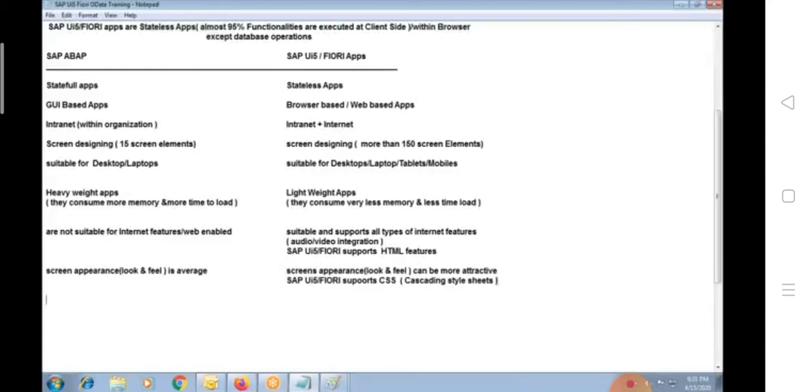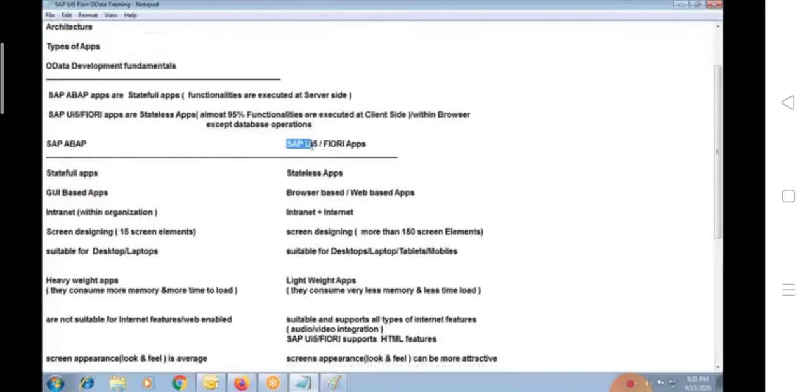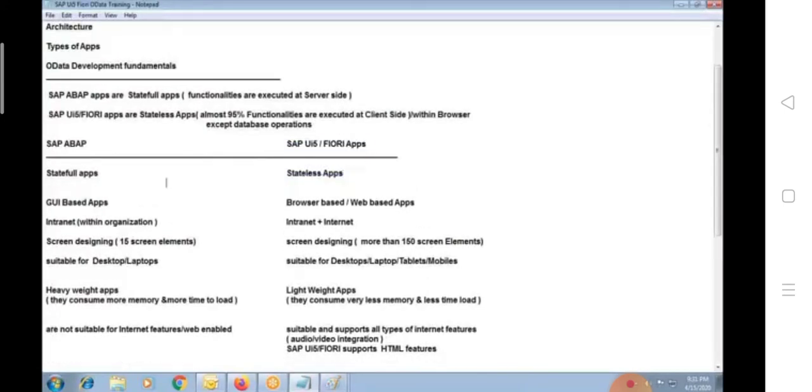Not only that, SAP UI5 Fiori apps are stateless apps. Functionalities are executed at the client side.